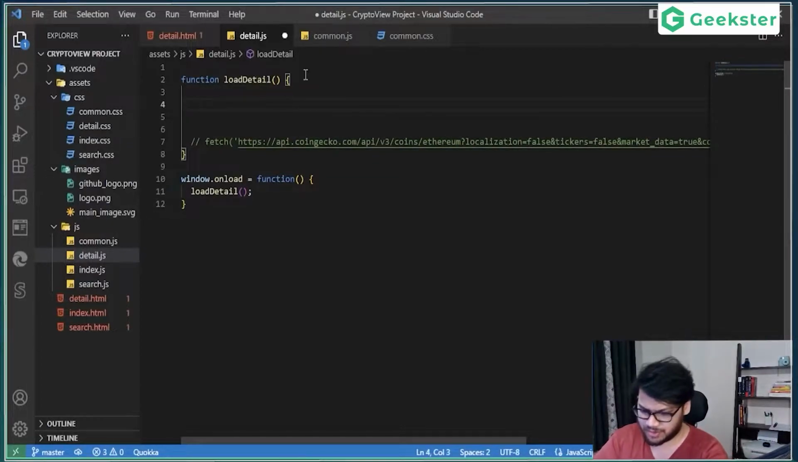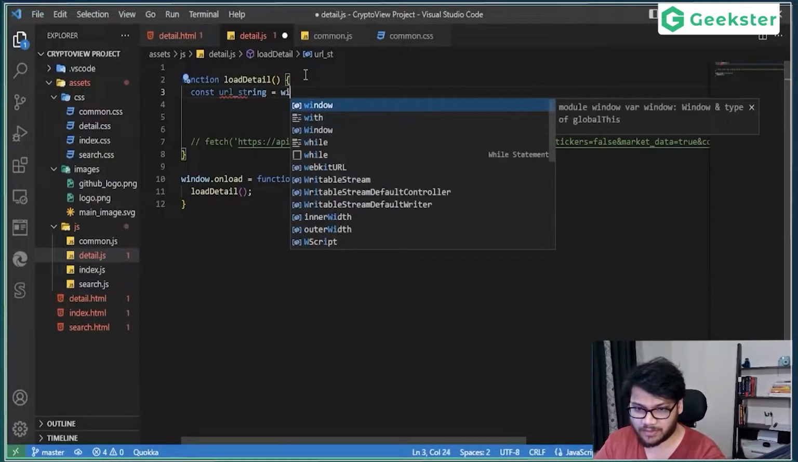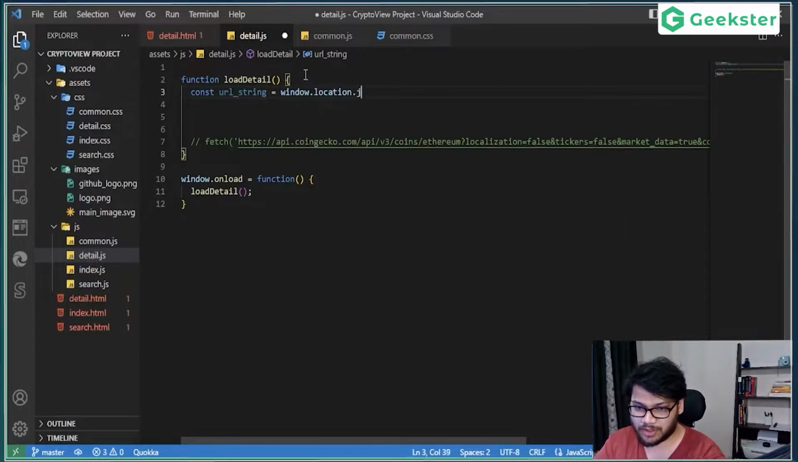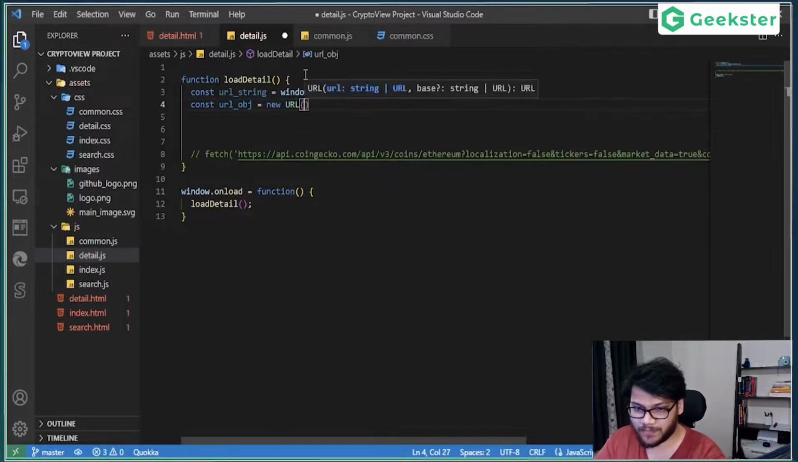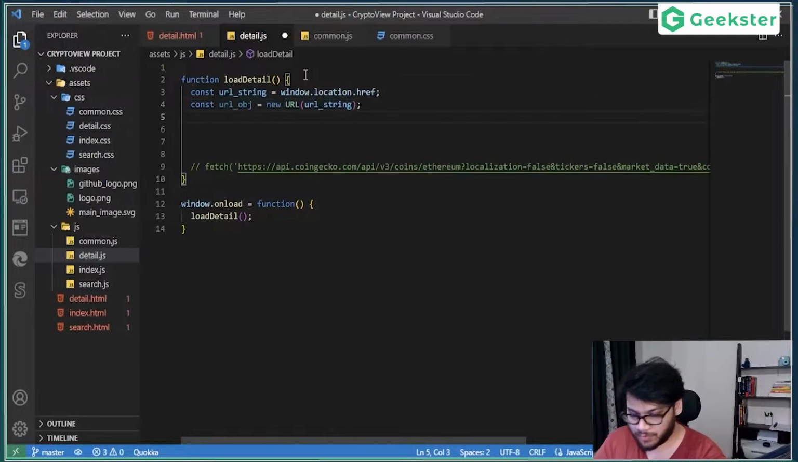So we're gonna just use the same thing. Const URL string. First, take the whole URL. That is going to be window.location.href. From this URL string, I'm going to create a URL object. So const URL obj is equal to new URL string. From this URL object, I'm going to create a search param. So const search params, that's React. URL search params and pass URL obj.search. And I have to create an object. Last time I forgot to create, this time I won't. So new, and save this maybe in params,